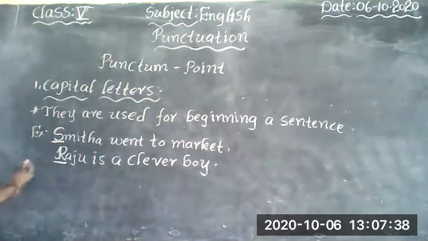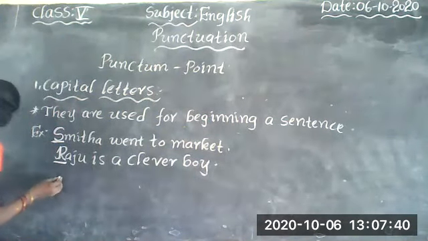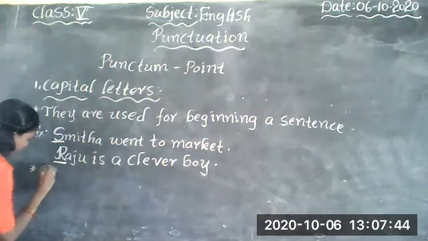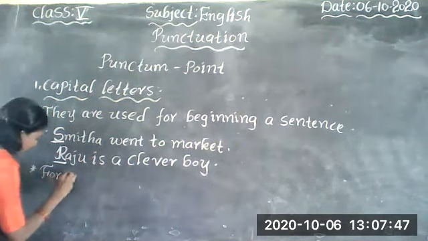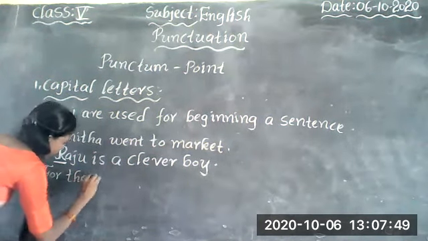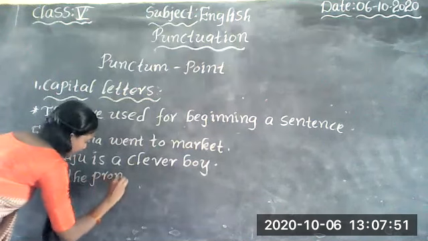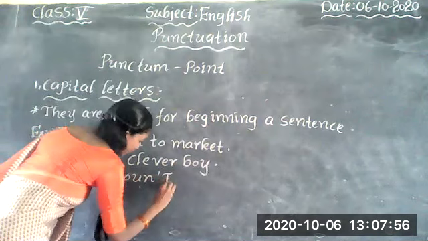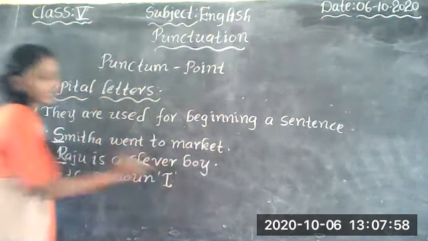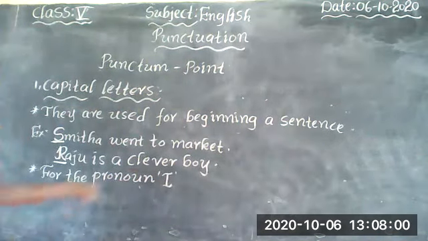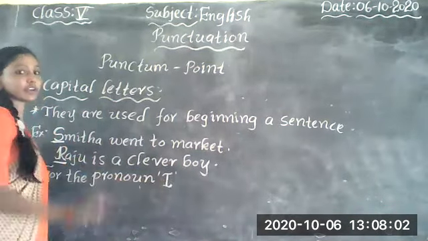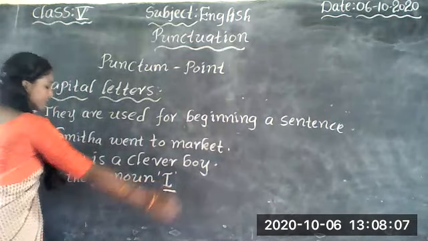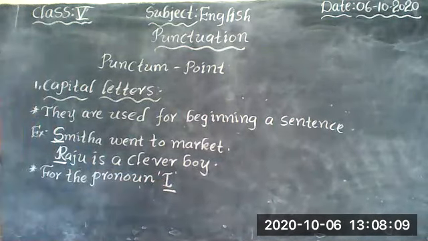And the second rule is for the pronoun I. Whenever we write the pronoun I, we must write it in capital letters. Okay? We must use capital I. We should not write small i. The pronoun I we must use capital. Okay? For example,